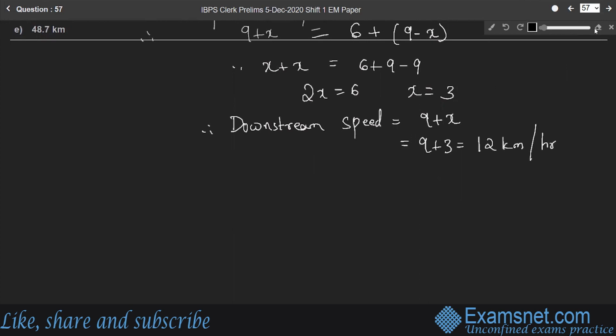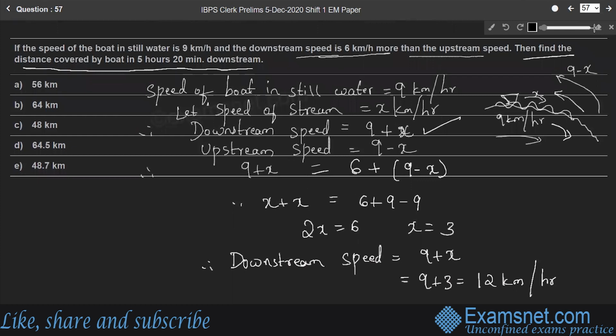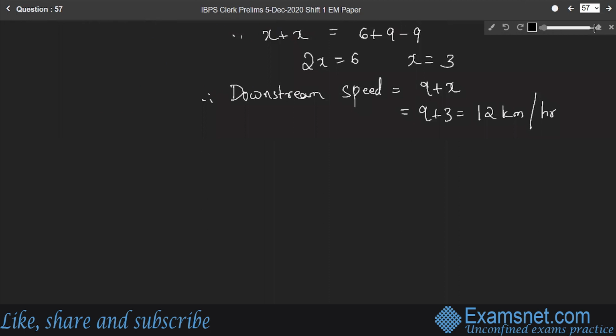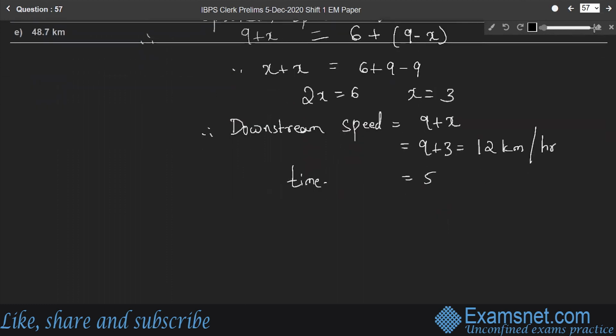And the time taken by the boat. So here, distance covered by the boat in 5 hours 20 minutes. We have to find the distance. Time taken by the boat is equal to 5 hours 20 minutes. Since the speed is in terms of kilometer per hour, let us express the time in terms of hours. So 20 minutes is 20 by 60 hour, which is 1 by 3. So 5 and 1 by 3 hours, which is 16